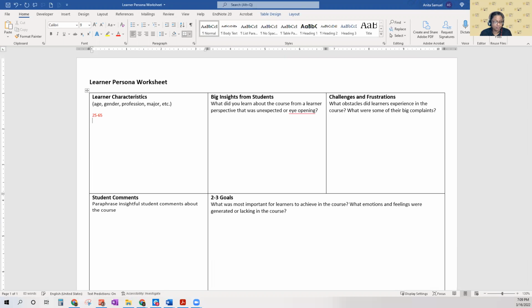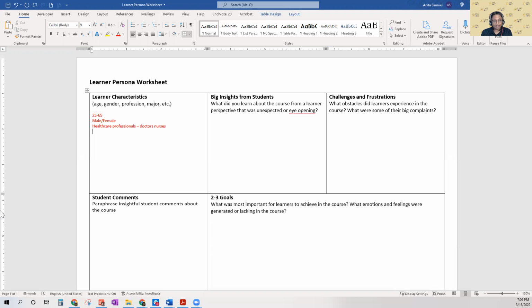Gender, profession: for me, they were all healthcare professionals. And if you want any other information, you can give that information as well. Now remember, when you're designing a course site or anything, the more information you know about your user, the better you can design your course site.